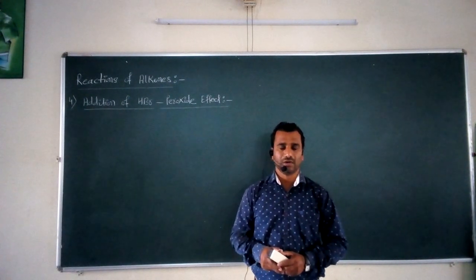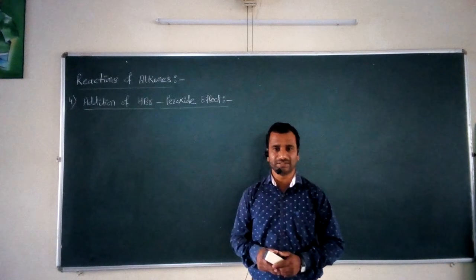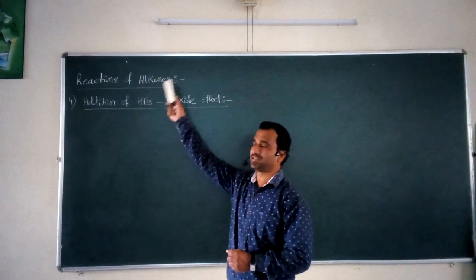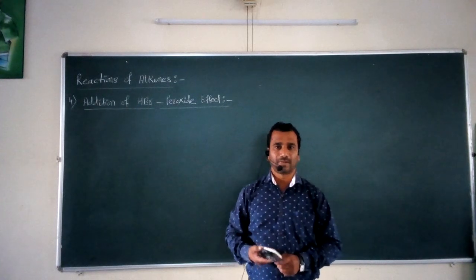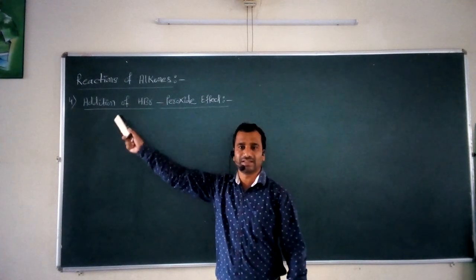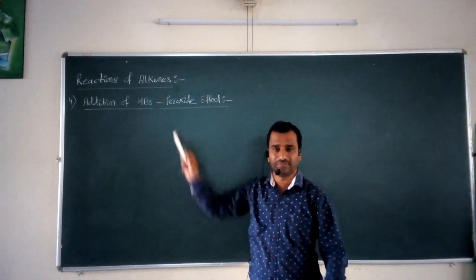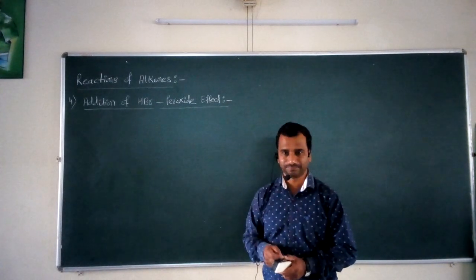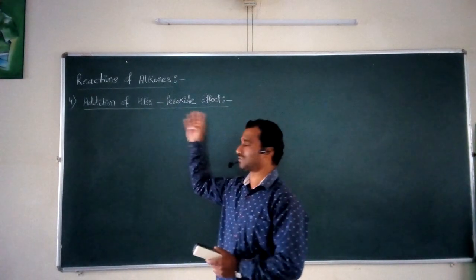Now today we have to continue the same point, the addition reactions given by these alkenes. So the name of today's topic is again the reactions of alkenes, and in that we have to study some addition reactions. Today we are going to take reaction number 4, the addition of HBr, that is the peroxide effect. This is reaction number 4 given by alkenes of the addition type. So what is meant by this addition of HBr and what is this peroxide effect?